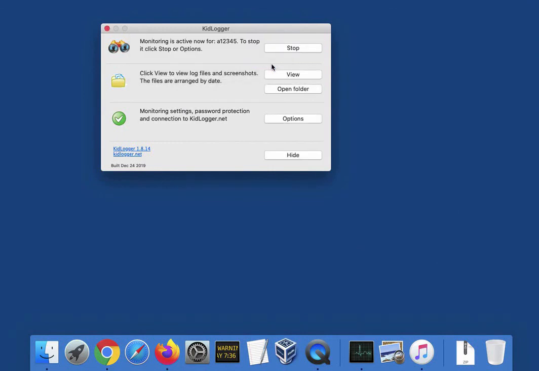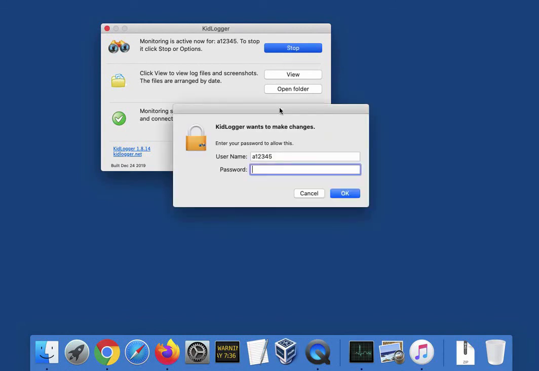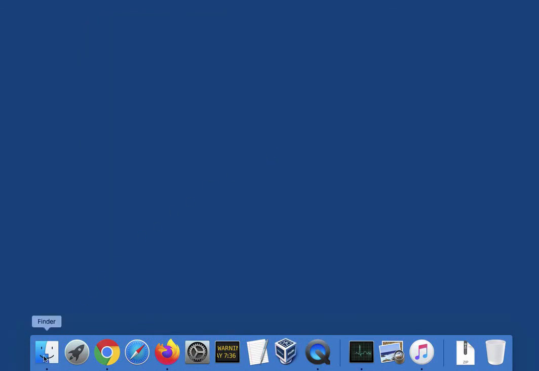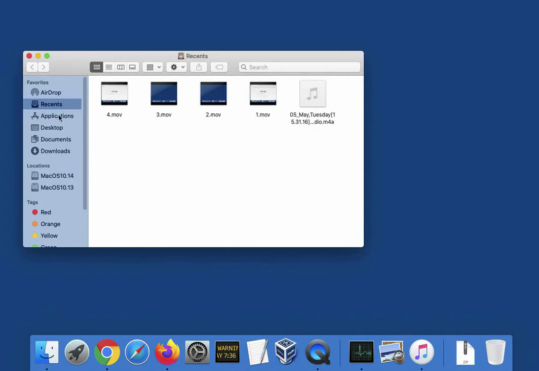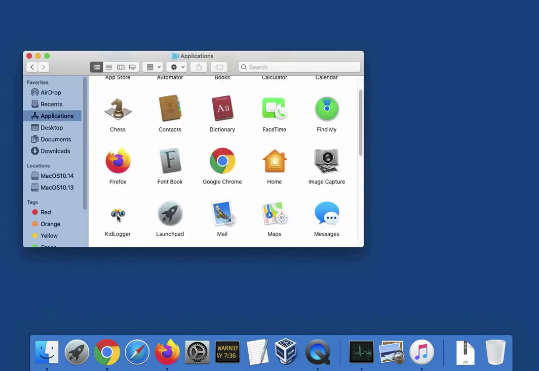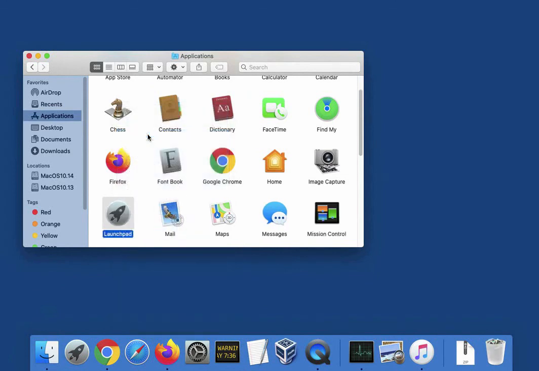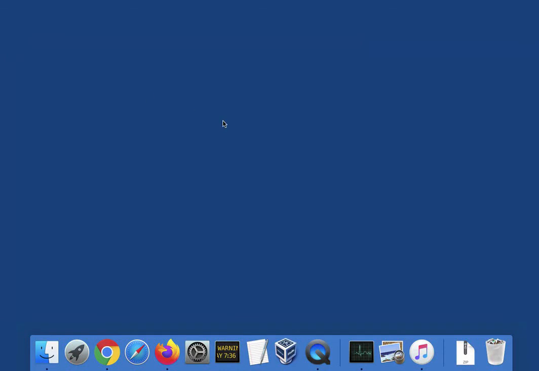After this, we click the Stop button, input the administrative password, and hide the application. And only now we can move it into the bin. Right-click and choose Move to the Bin. The program disappeared. Let's empty the bin and the download folder.